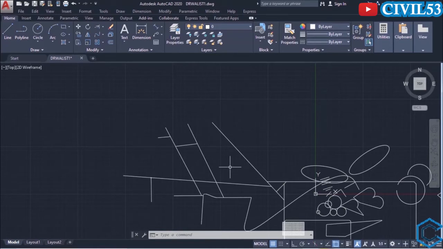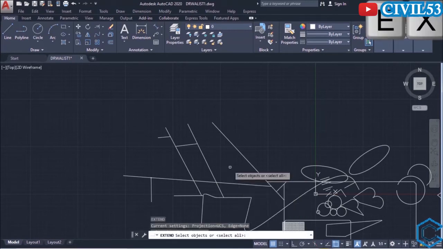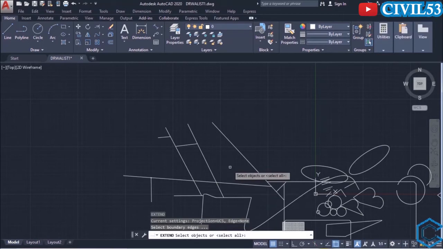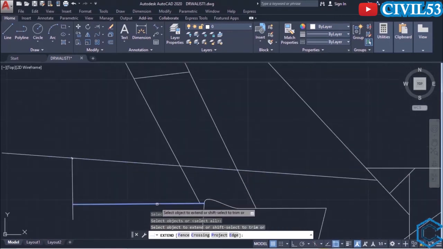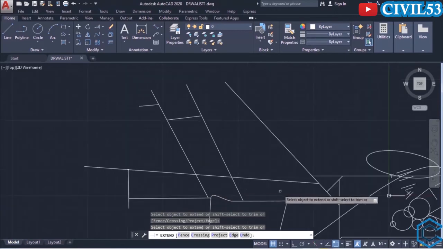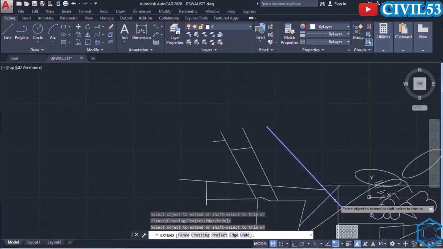Now the last thing we will talk about for the commands trim and extend is that if you want to trim and extend the object freely, that means you don't want to select knives for your trim command, or you don't want to select a reference line for your extend command, then type EX, enter or space. Just do right click immediately. Do not select any object. Now you can extend any object you want. So let's say that you want to extend this object, so it will be extended. Left click. Now let's say that you want to extend this one, left click. And let's say you want to extend this one, left click, this one,